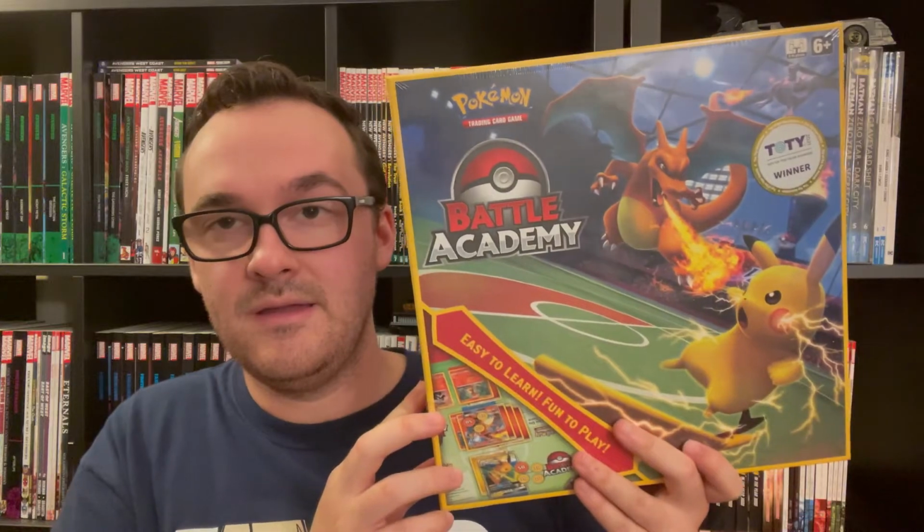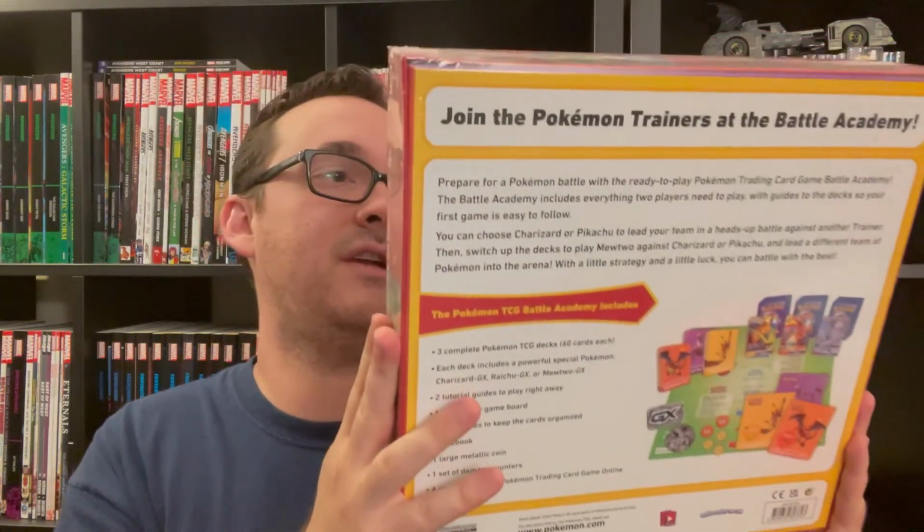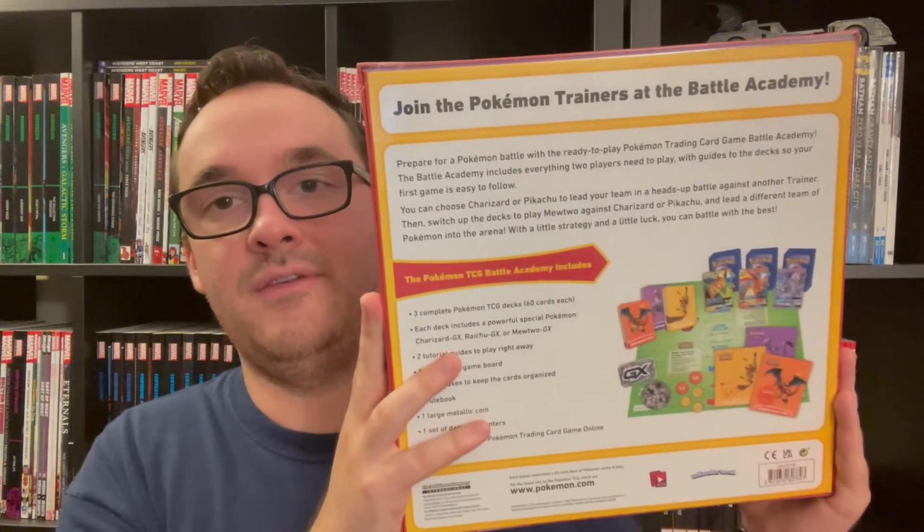So I'm obviously gonna open this up and we'll look at the decks and we'll put all this stuff onto our online database to game with. But no, I was really excited about how cheap that was. I thought it was gonna be more, but I think that was a really cool thing that Pokemon came out with. I think they came out with it last year or this year because of COVID,